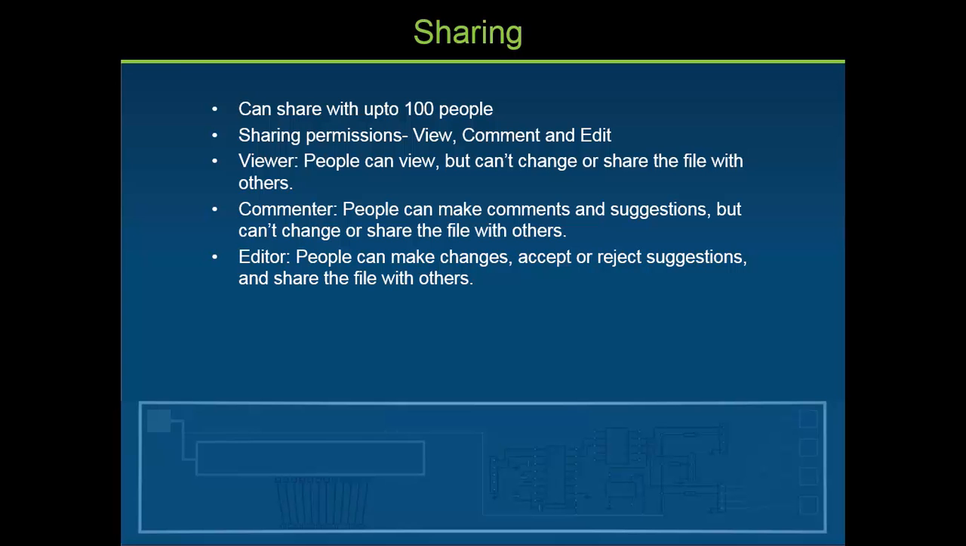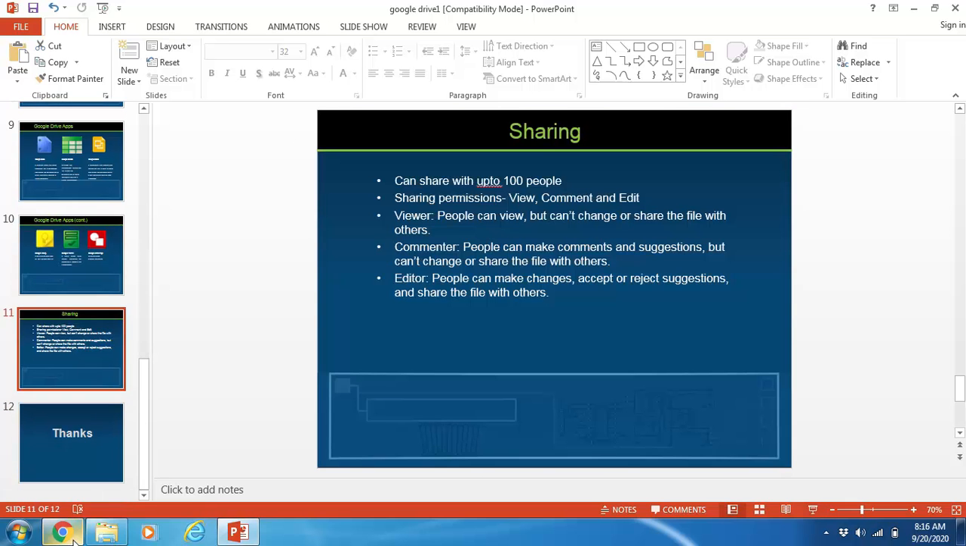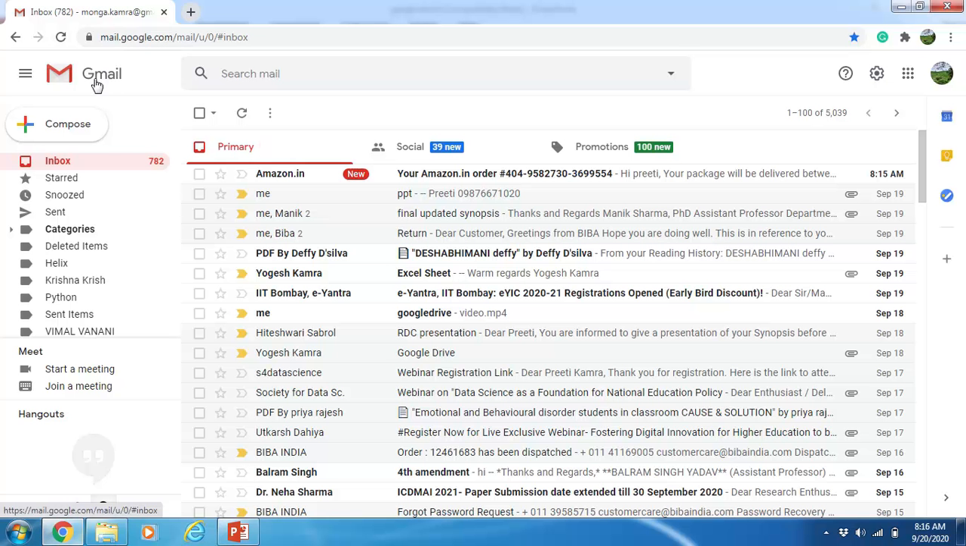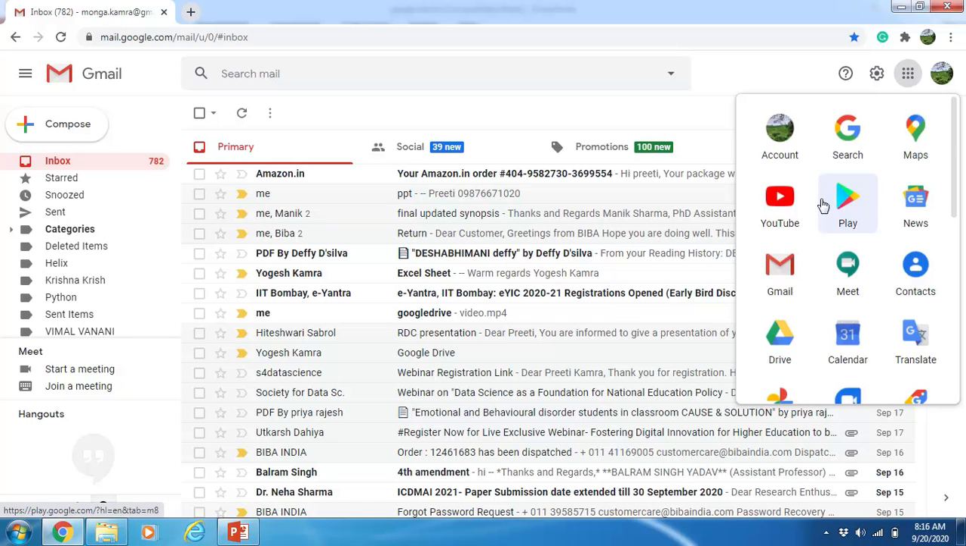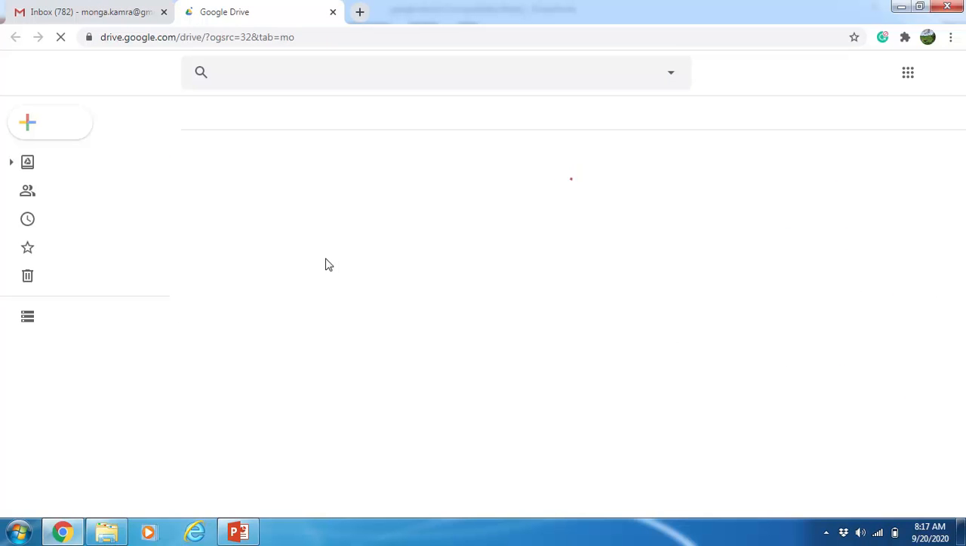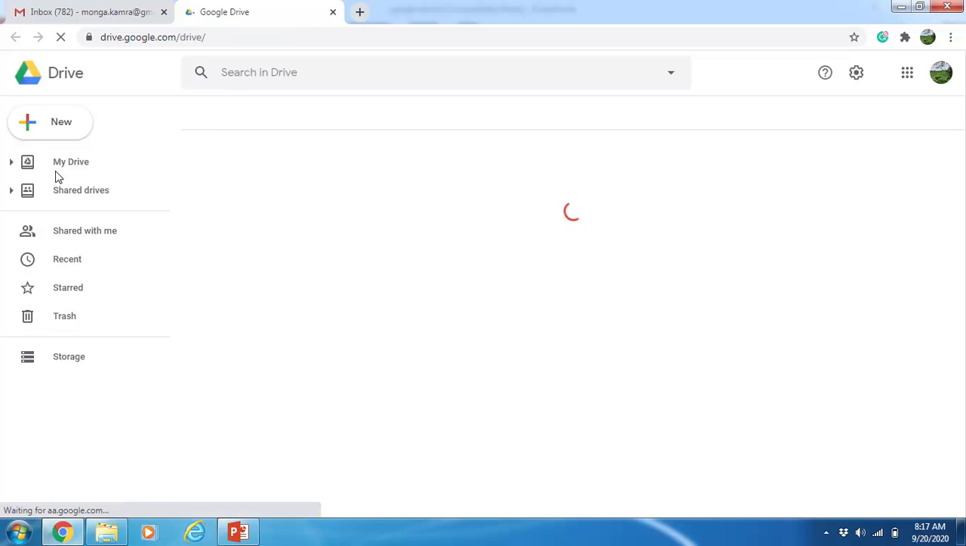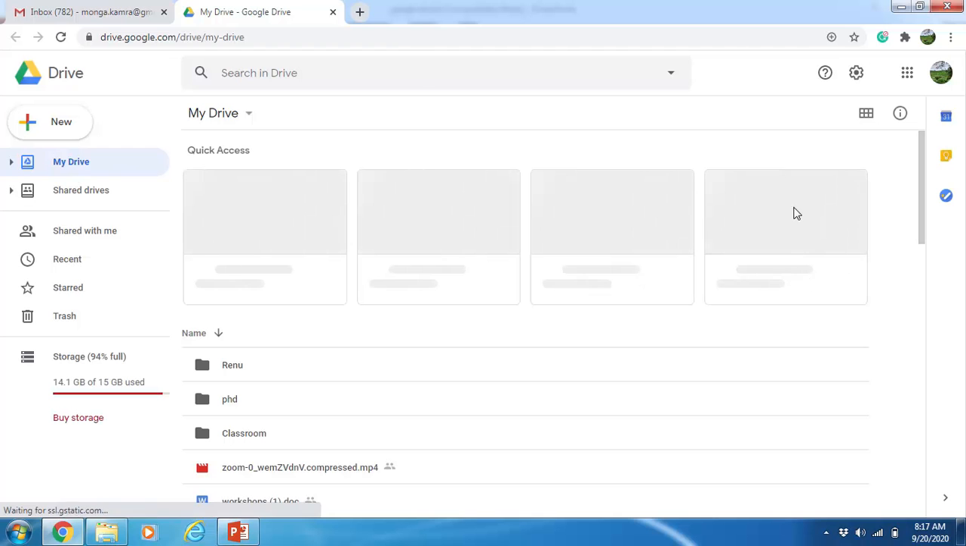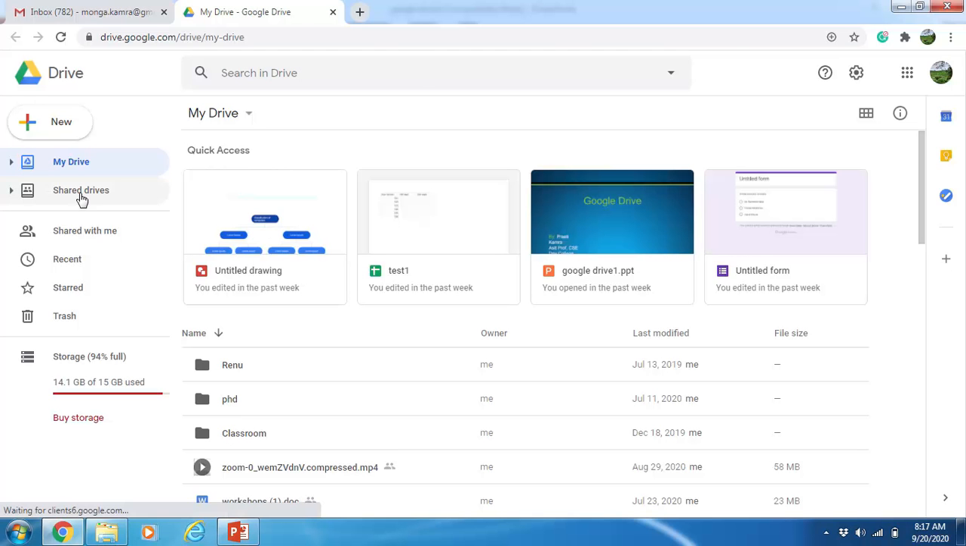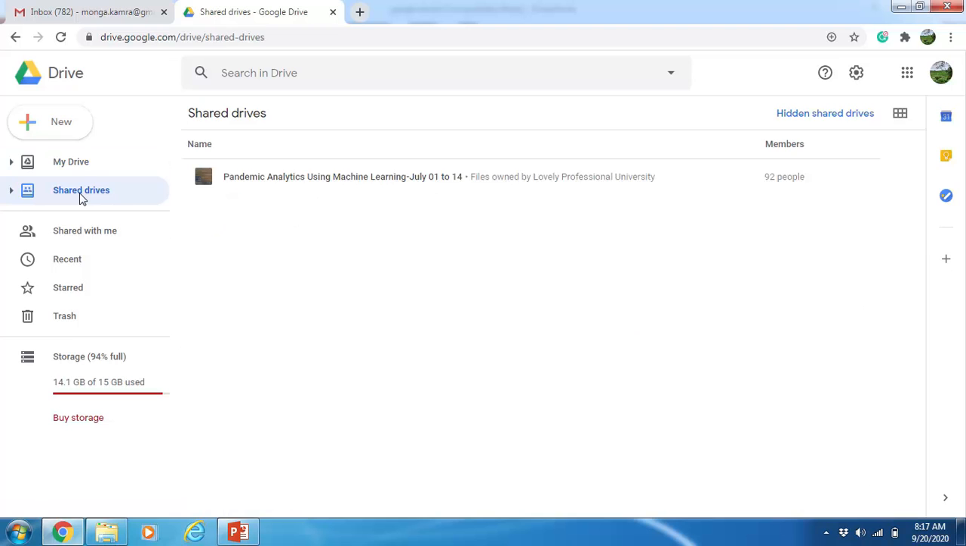Now let's have hands-on training on all these applications. Here my Gmail is already logged in. Out here is the grid. Now once I click on this grid, I have the Drive option. Once I click on the Drive option, my Google Drive is loading. Now under here I have the option of My Drive, wherein it will show the files which are there in my drive, and then there are Shared drives, where under Shared drives would be the files or folders shared